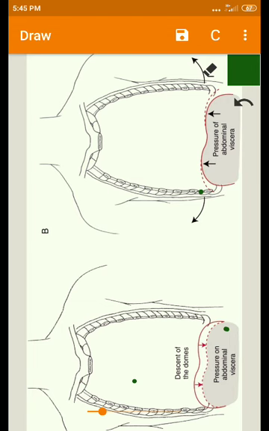So what is the indirect action of these fibers? That means, what is the action of the crural portion? It helps in the pulling of the central tendon downwards. So the crural portion is useful for pulling the central tendon downwards during inspiration, which causes increasing intra-abdominal pressure,